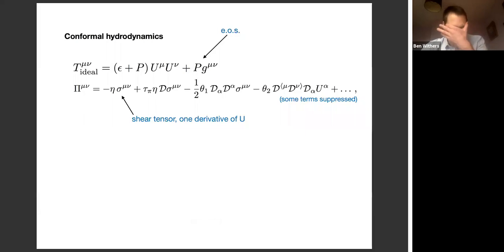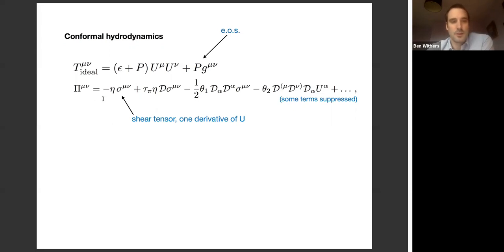So let's make this a little bit more specific. Let's look at conformal hydrodynamics. So this specifies what symmetries we have in the problem. So this covers a wide variety of microscopic theories with all having the same group of symmetries. And in this case, as I mentioned, you have a velocity field, hydrodynamic variable, which appears here, these u mu's, and you have a temperature. And this appears implicitly in these other functions. So here's the energy density, the pressure. The pressure is really an equation of state, so it's a function of the temperature. Here the metric, which I'm just going to keep flat for this talk.